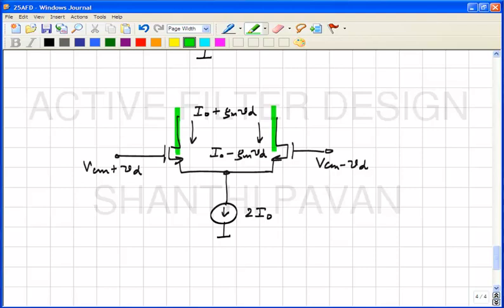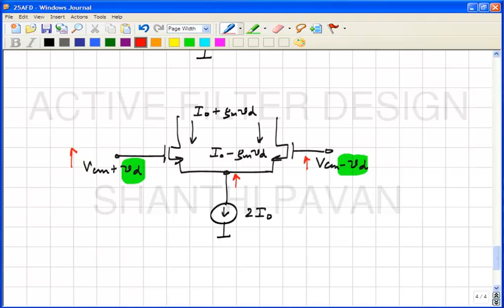Both the potentials are dependent on VCM, I mean the gate and the source. So the difference will be... Okay. Fine. So what he's saying is that if the input differential voltage is 0, if I yank the common mode voltage up a little bit, the source node also goes up by exactly the same amount. And how did you establish that? Yeah, why?